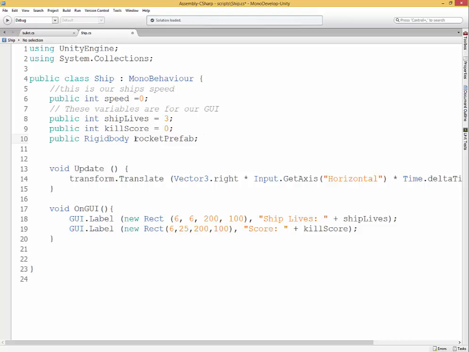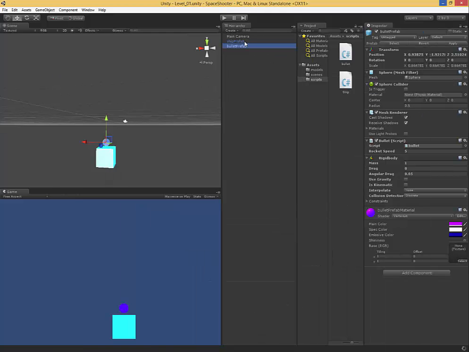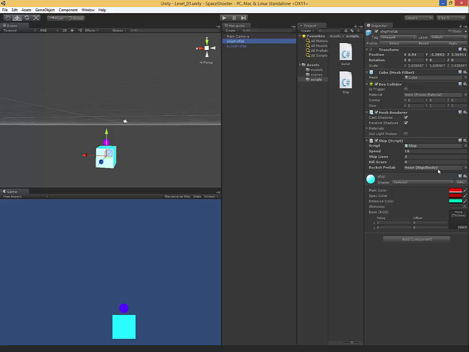What it's saying is, if you look at these other ones, shipLives can hold integers. A variable is just a temporary storage place, right? So it can hold an integer of 3. When we make it a public Rigidbody rocketPrefab, when I hit Control S here, that variable can now hold anything that has a rigid body attached, which is our bullet prefab. So even if I delete this from our scene,